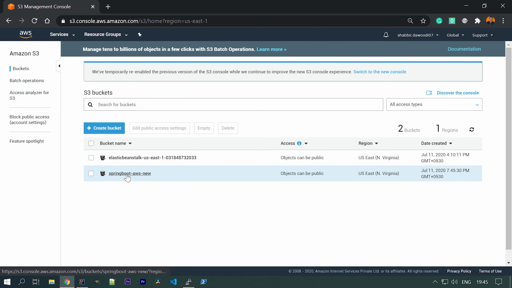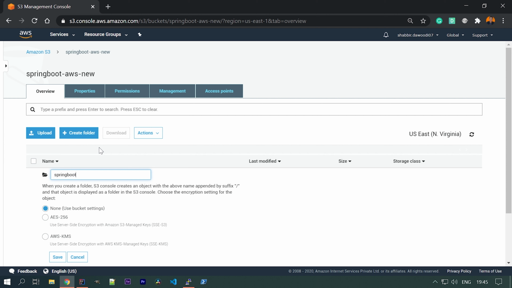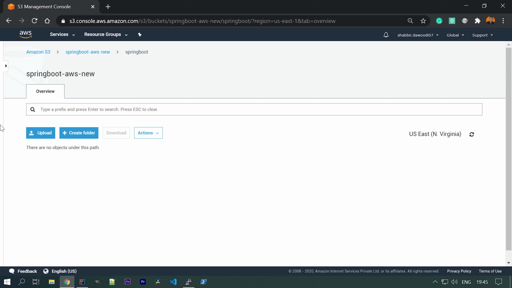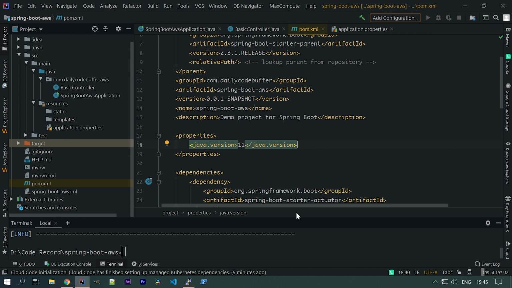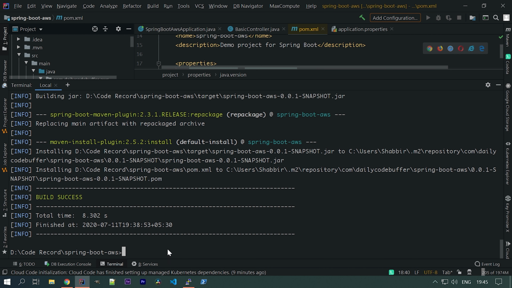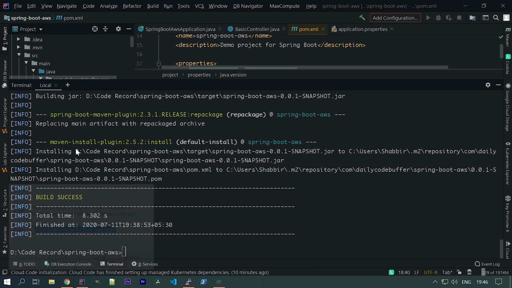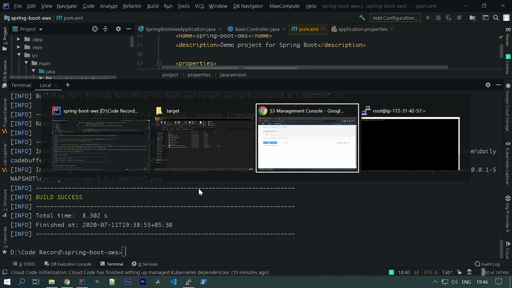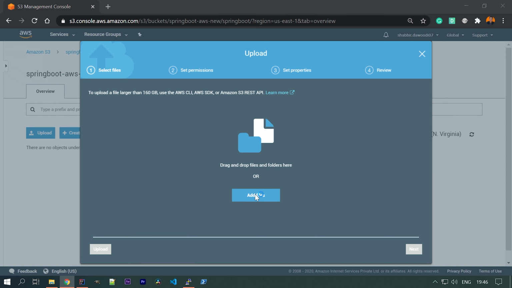Go to that bucket, create a folder. Let's create a simple folder, Spring Boot. Inside that Spring Boot folder, let's upload the jar file which we have created. You can see that the jar file was created inside this directory. We need to upload this jar file. Let's copy this path, click on upload, add file,